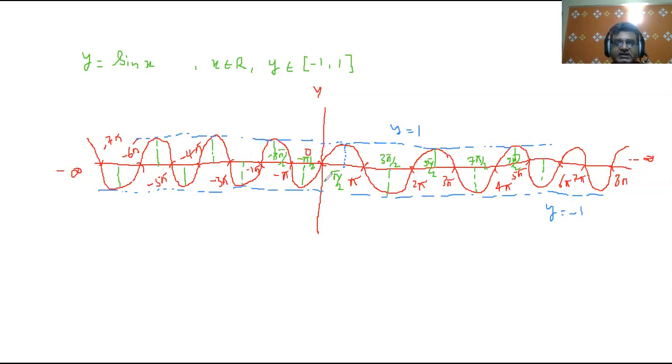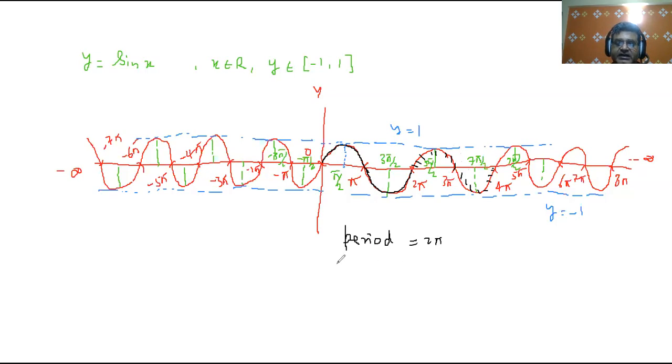So you can see this is the graph of sin x, and the graph is just repeating itself after 2 pi. You can see this is the graph from 0 to 2 pi, and the same graph repeats from 2 pi to 4 pi. So the graph is repeating and it is periodic in nature. So the period of this function is equal to 2 pi. It means it is repeating itself after an interval of 2 pi.